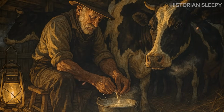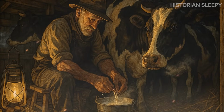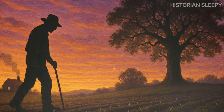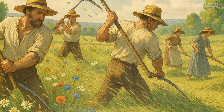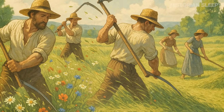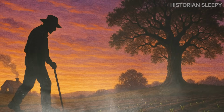On particularly cold evenings, neighbours sometimes gather in each other's homes for companionship and entertainment. No formal invitations are issued. The smoke from a well-stoked chimney and lamplight in windows signal welcome. These impromptu gatherings feature storytelling, music from anyone who plays an instrument, and discussions of farming matters, local news, and